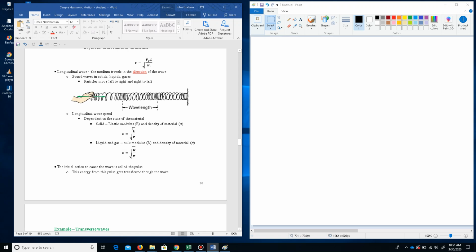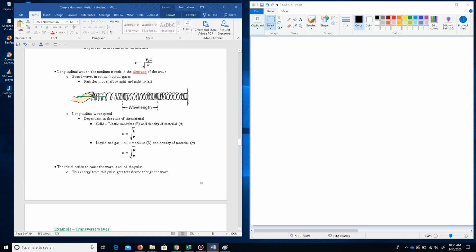If it's a solid, then the velocity is just the square root of the elastic modulus of the material divided by the density of the material. If it's a liquid, the velocity is the square root of the bulk modulus of the material divided by the density of the material. Okay, and then in both of these waves, what would actually start the waves would be